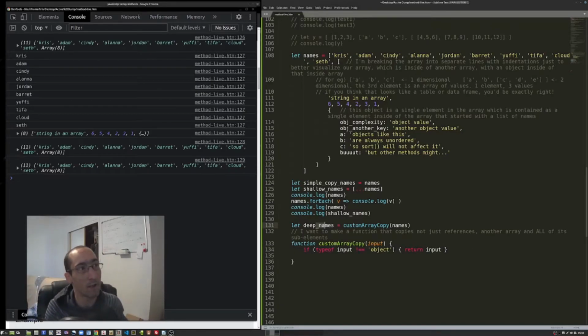And then we can say deep names equals the result of our function called on an object, which has many layers deep and multidimensional, but we don't know how many dimensions or how deep it goes yet. We just know that it goes deep. Now, we're going to need that output object. So let's just create that now. Output object equals,